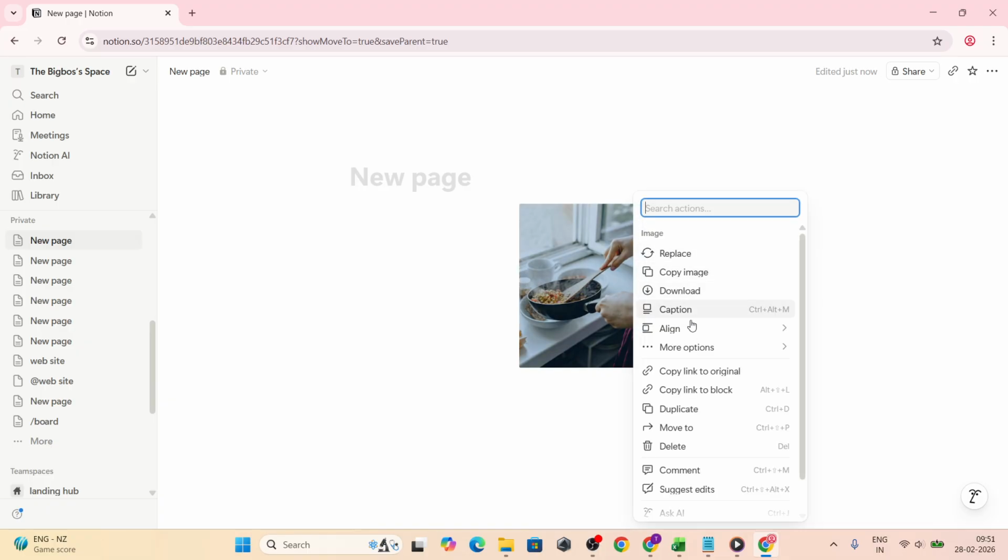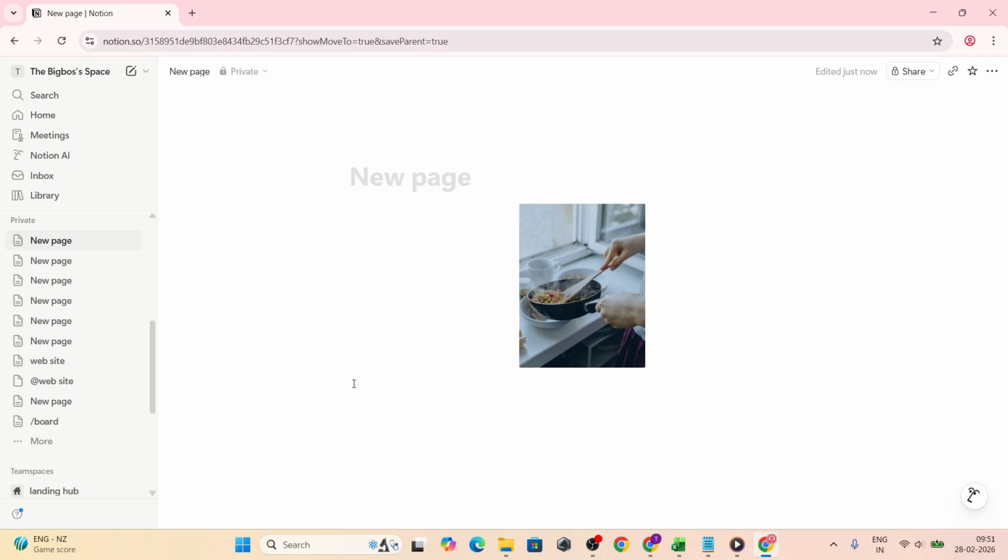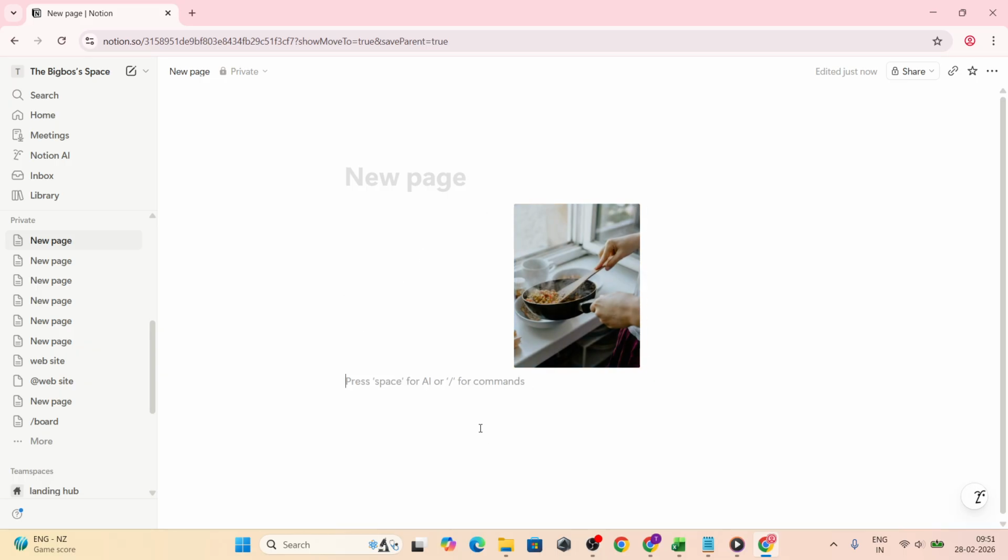Once your image is in place, you can refine how it looks. Hover over the image to reveal the handles and drag the sides to resize. If you want to move it, grab the 6-dot handle on the left and drag it to a different spot on the page. You can also drag it beside text or another block to create columns for a more balanced